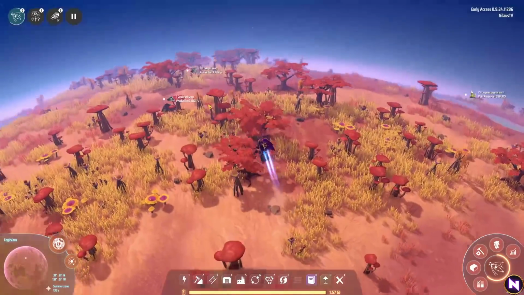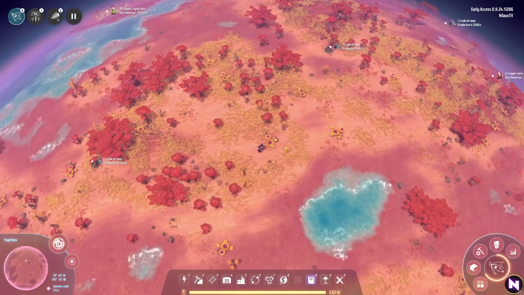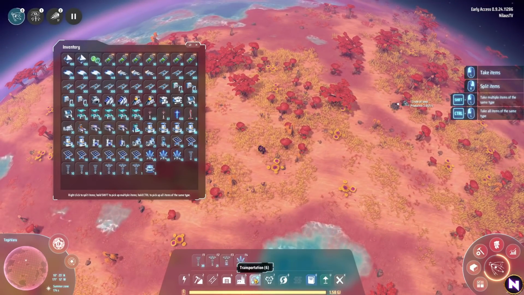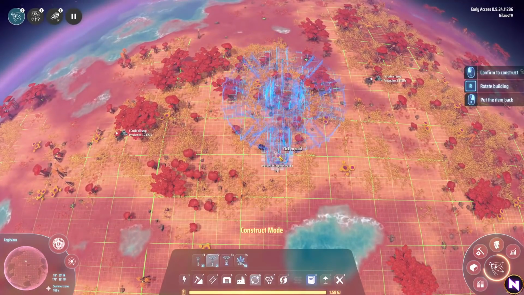Nah, but over here, over here. We'll build it here. That's a good place. There's some more space. There we go. Alright, so I am going to build a location here. We have all of the stuff we brought along. And I will be building...